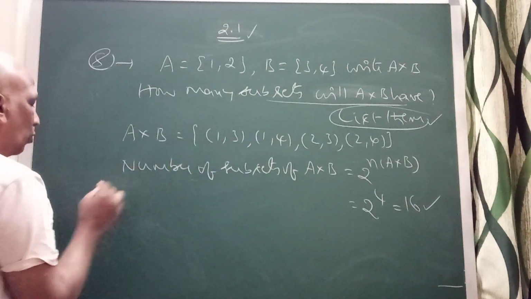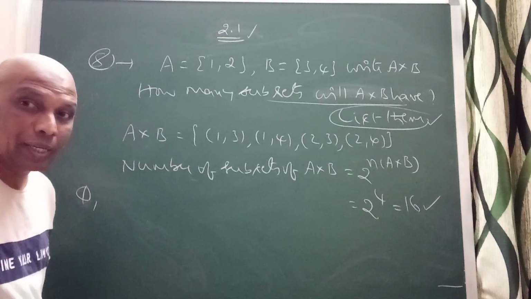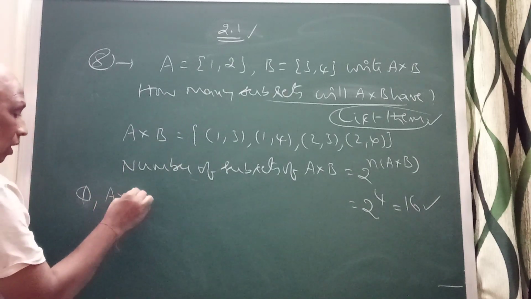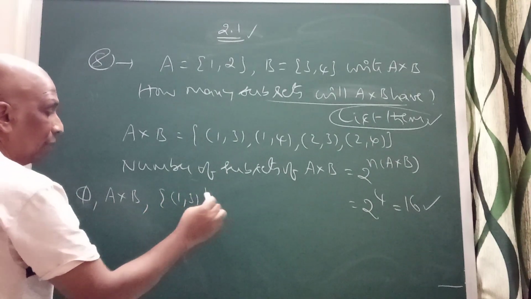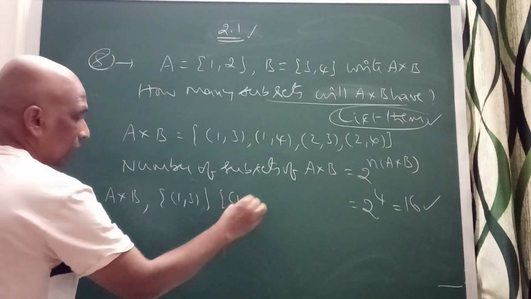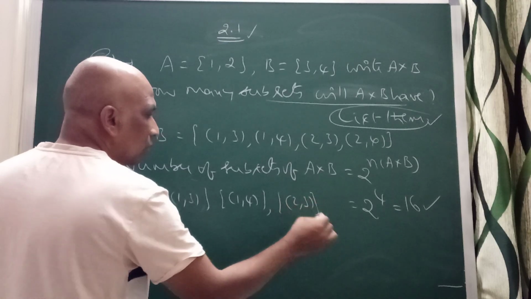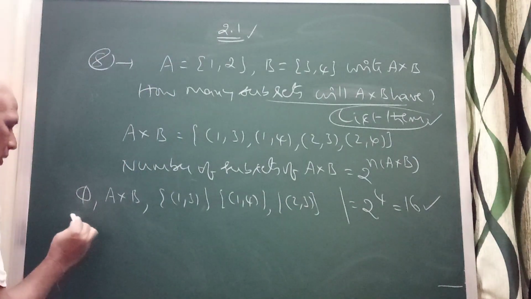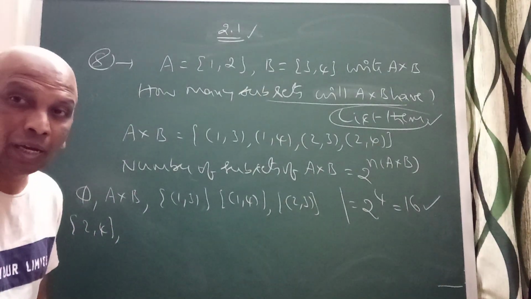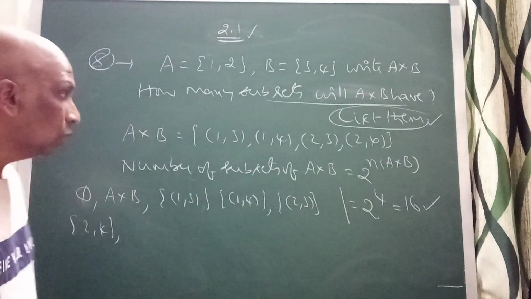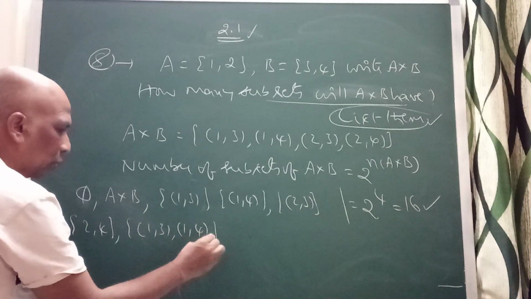So from that, if you write, you can see, list them. This one I can write. Entire A cross B also I can write. This is entire A cross B. Then again, set of 1 3, having only one element, right? Again, only a single ordered pair, a singleton set, I can write 2 3, right? 2 3, I can write set of this one 2 4, right? This is a single set, single element. Now taking 2, I can write set of 1 3, 1 4, 2 2 I am taking here.